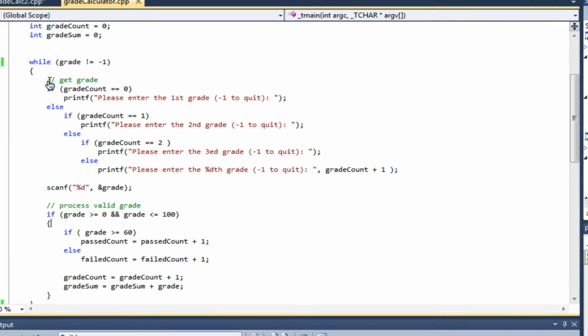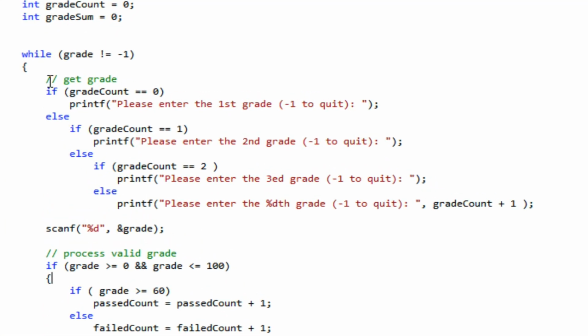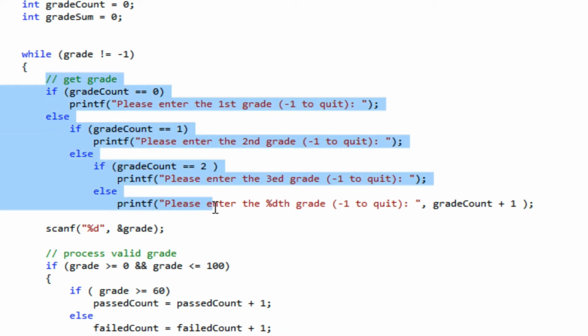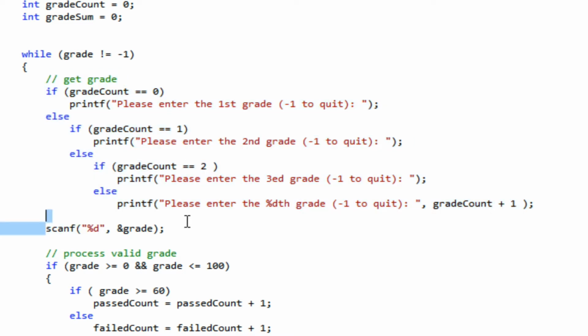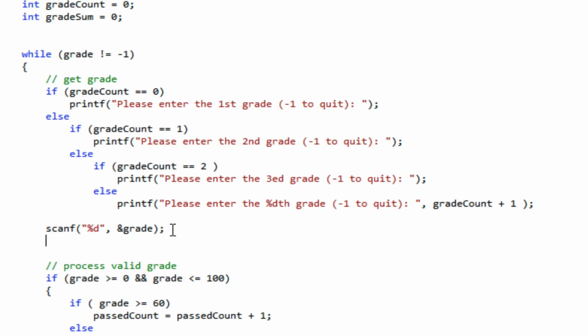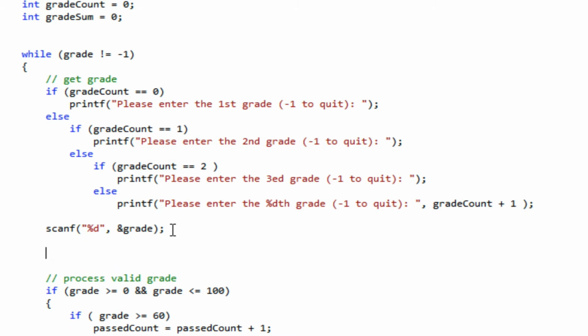Okay, so to start, let's just focus in on this bit of the code here. I enter my while loop. All these cascading if statements, all they do is create a prompt for the user. Here's where I ask the user for a grade, and I just need to validate that grade right away. So I'm going to say while, this is my nested while loop, my while loop inside a while loop. And I'm going to say while the grade is not valid,